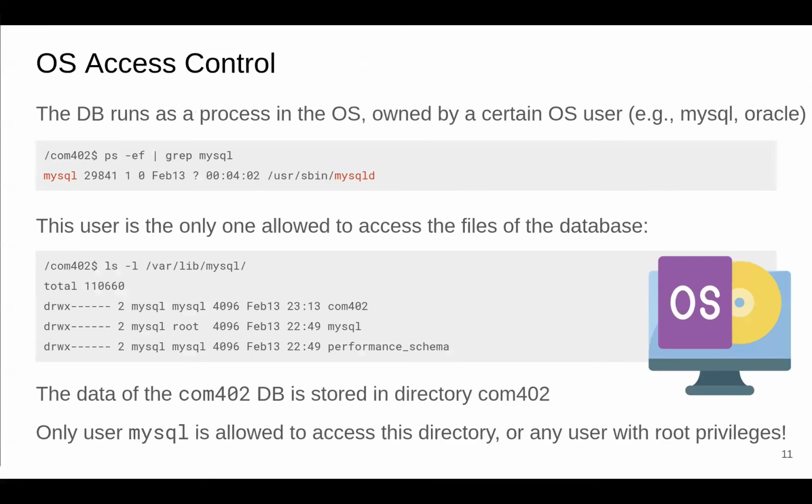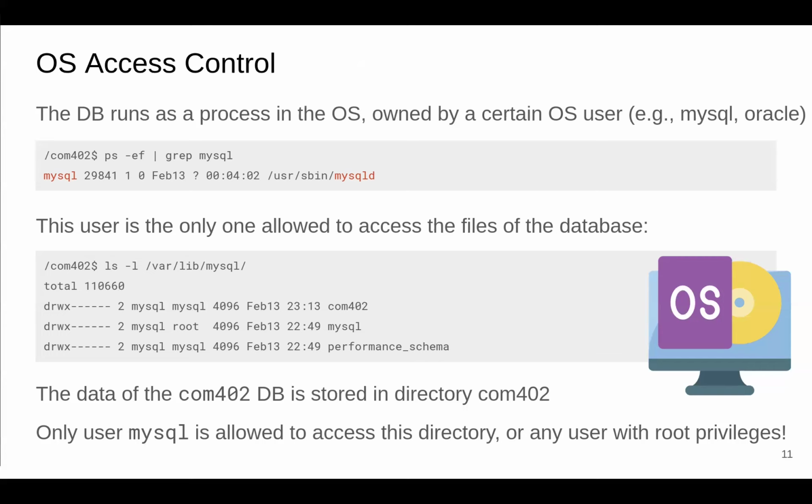We also want OS access control, so access control at the operating system level. The database, as I mentioned before, runs as a simple process in the operating system, owned by a certain operating system user, and this could be MySQL, Oracle, or whatnot. When you list running processes for MySQL, it's going to be the MySQL user. This is the only user at the operating system level that is allowed to access the files of the database.